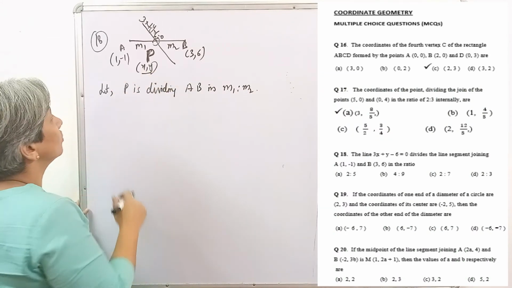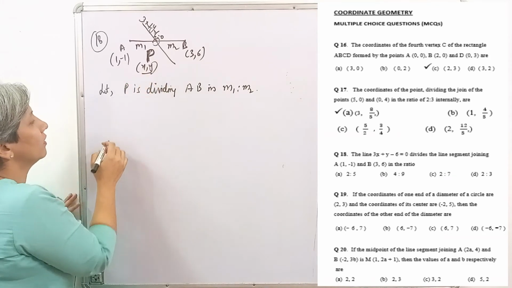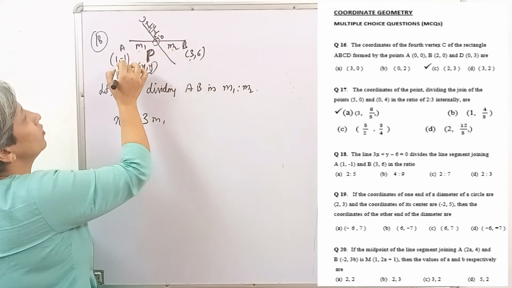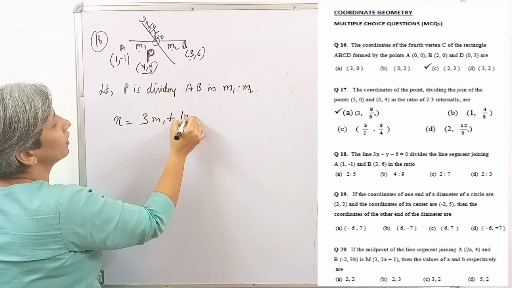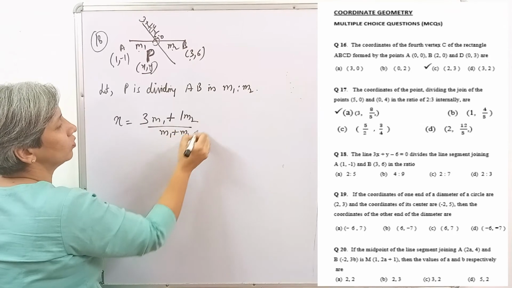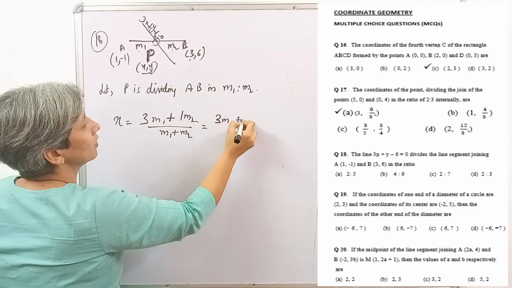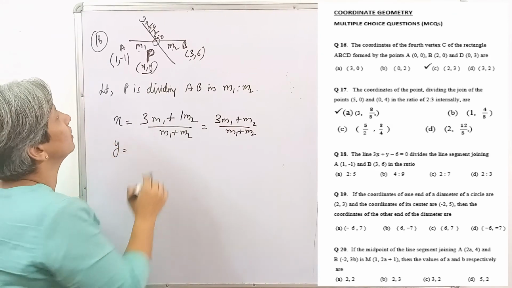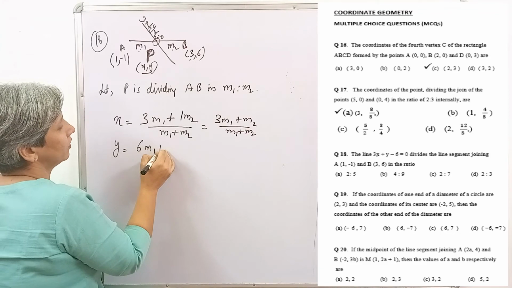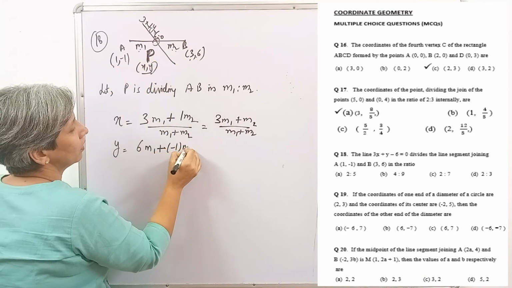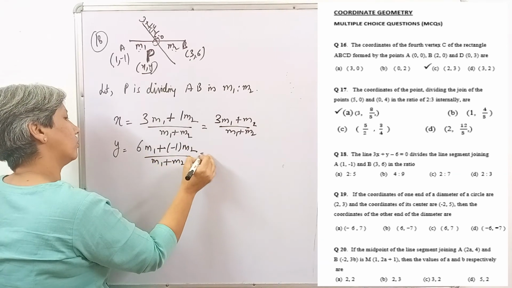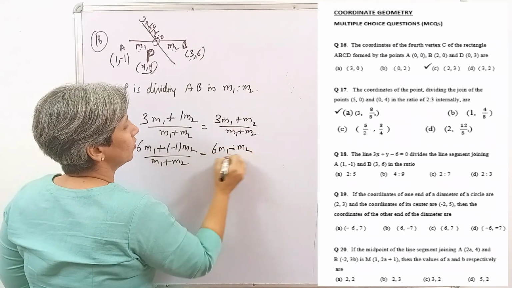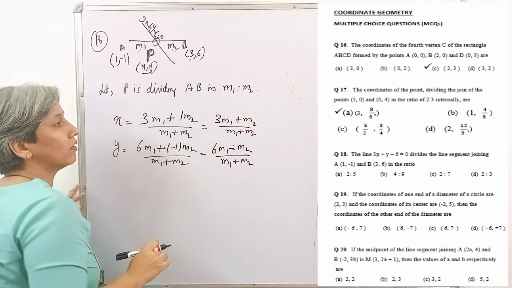ठीक है, M1:M2 में डिवाइड कर रहा है। P को x y ले लिया है हमने, सो M1:M2 में डिवाइड कर रहा है, AB है हमारे पास, तो हम x y कैसे निकालेंगे? सो x will be equal to M1 x2, that means 3M1, M2 x1, that means plus 1M2 upon M1 plus M2, राइट। सो (3M1 plus M2) upon (M1 plus M2), ये मेरा x आ गया। सेम वे y आ जाएगा, 6M1 plus (-1) M2 upon M1 plus M2। एंड पॉइंट्स तो दिए हैं, तो M1 M2 की फॉर्म में तो x y ला ही सकते हैं। सो (6M1 minus M2) upon (M1 plus M2), राइट।